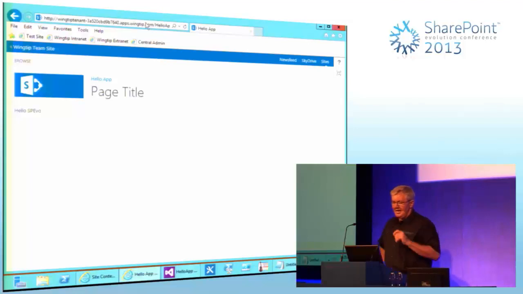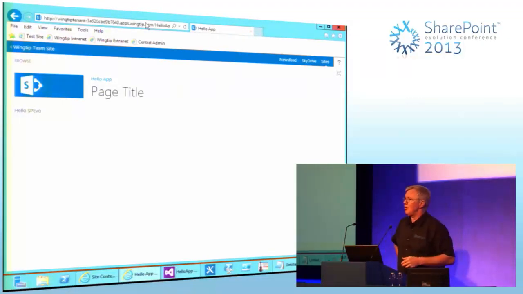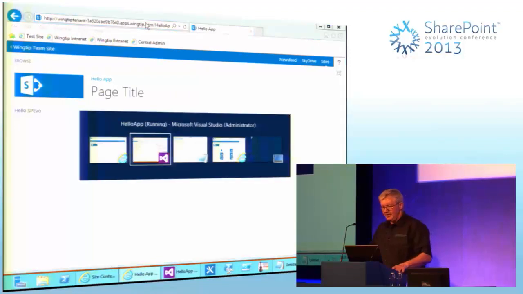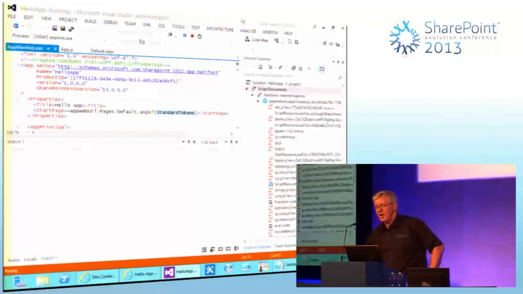Now, if it instead just basically did wingtip server/appweb1, the JavaScript could call back into the host web, and SharePoint wouldn't know it was the app and not just JavaScript code behind the page. So the app authentication mechanism relies on this isolation to work properly. And what we're going to see is that we just have to get used to app webs